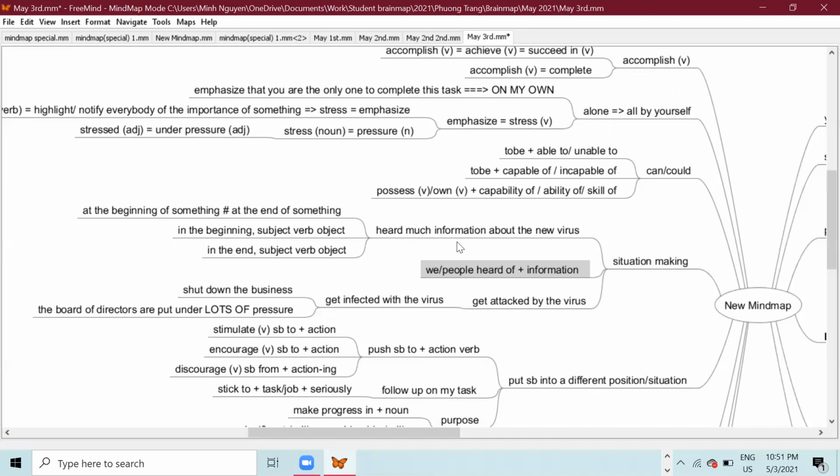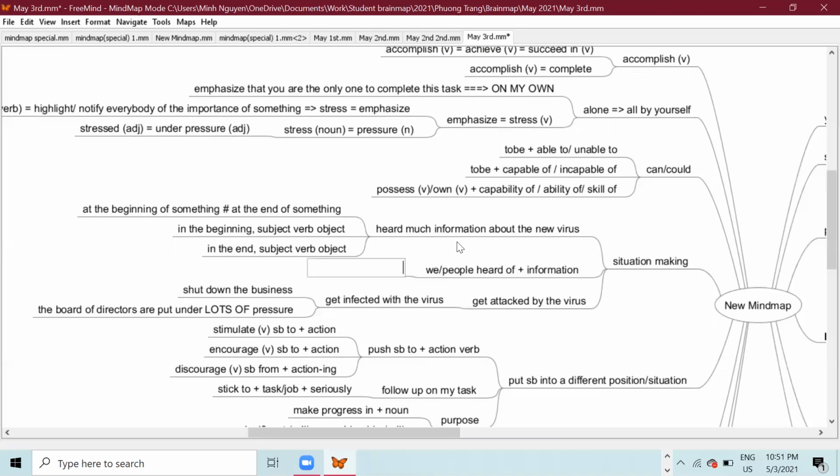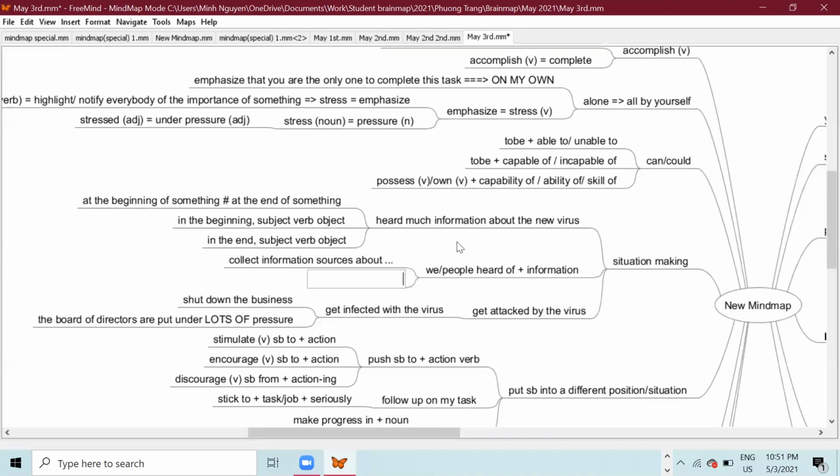We heard of information about the new virus, or you can say that we collect lots of information sources about the new virus, or you can say that lots of people spread rumors